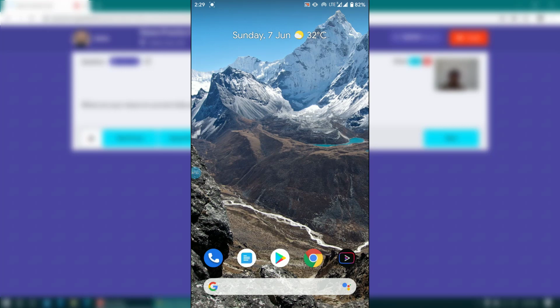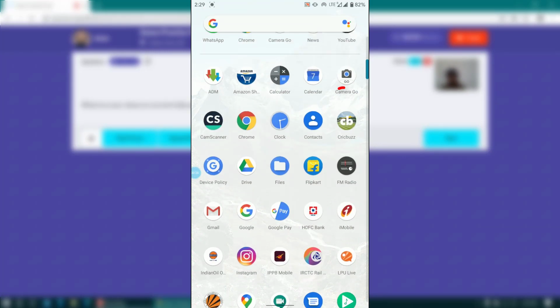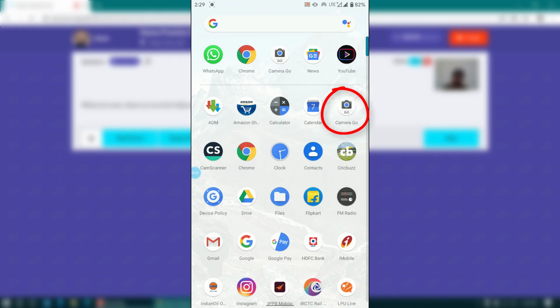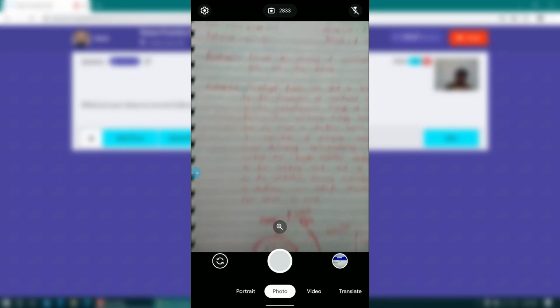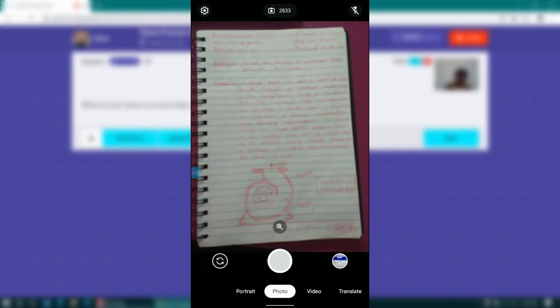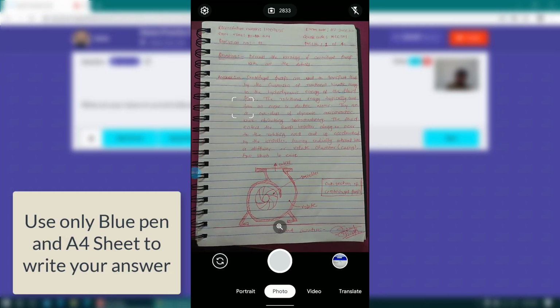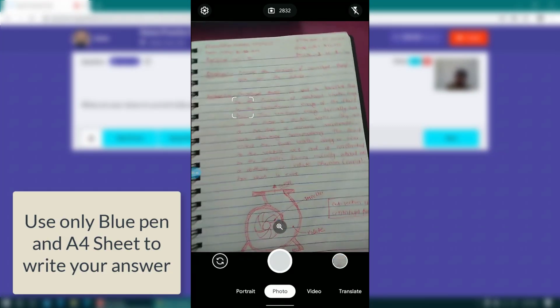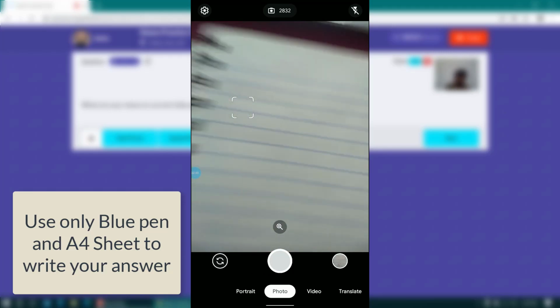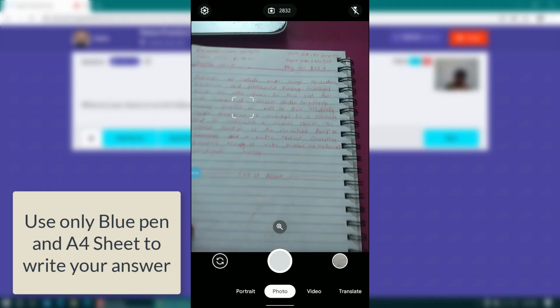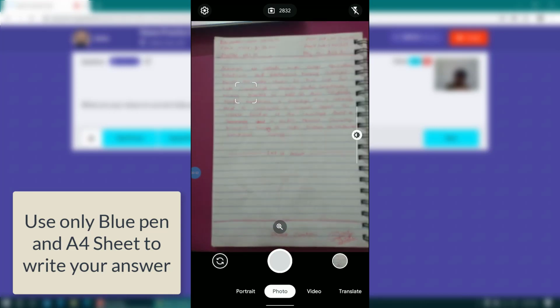Now write your question, write your answer on the A4 sheet, and then take out the mobile, start your camera, point it to the answer sheet, take a snap, go to the other page, click the photograph of the second one,